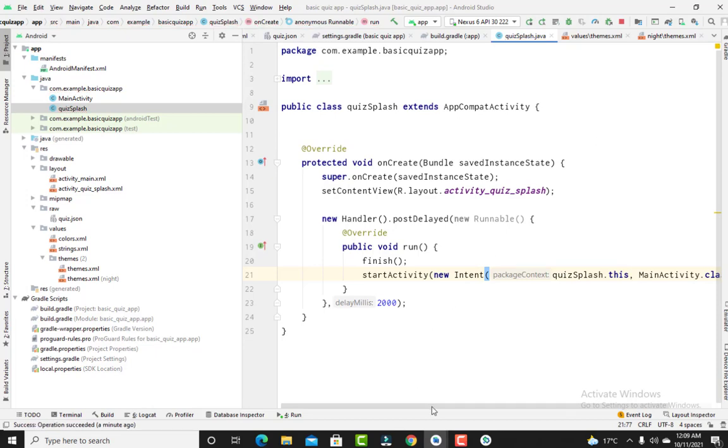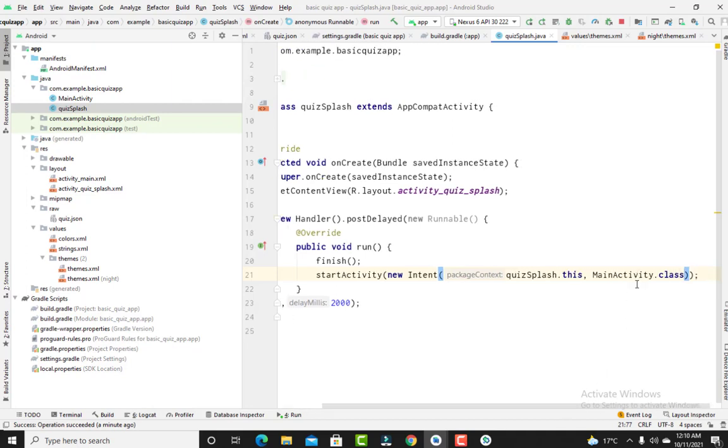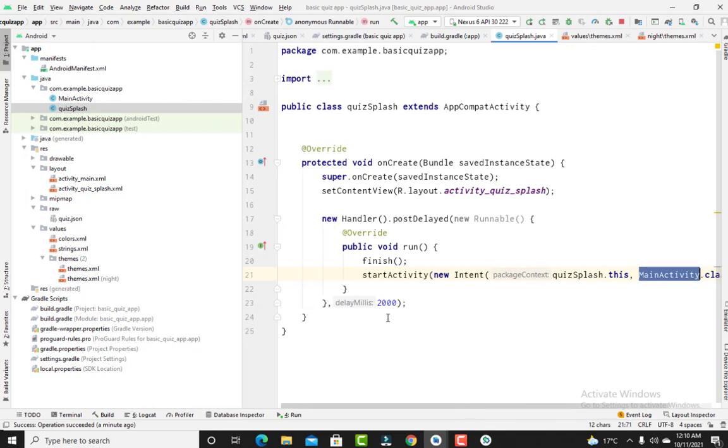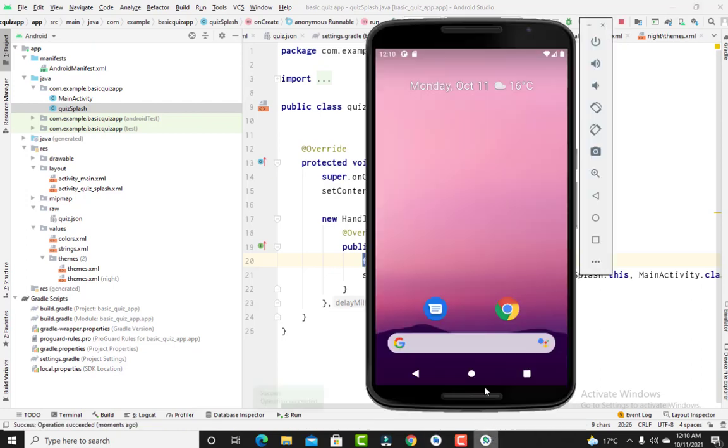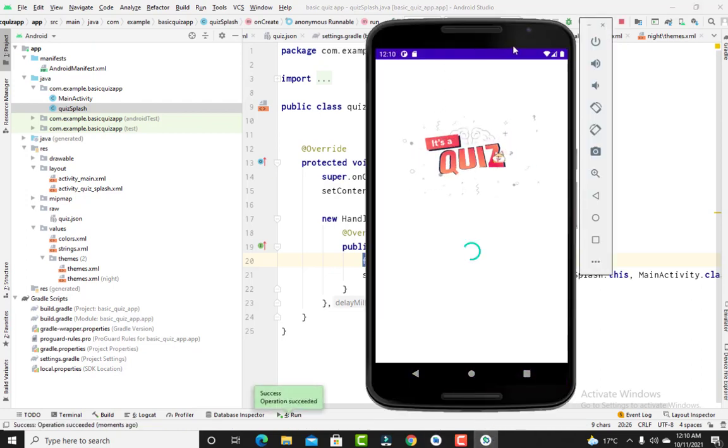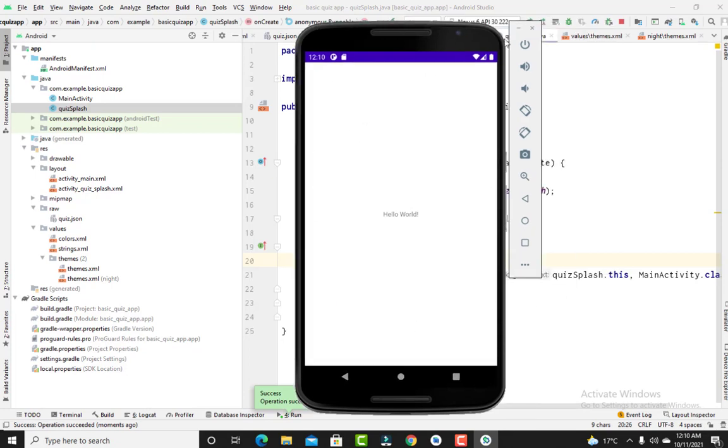So after 2 seconds it will move to the new activity, and that activity is the main activity, and this activity will be finished. So now let's rerun the program again to see the output. And this is the hello world, right?